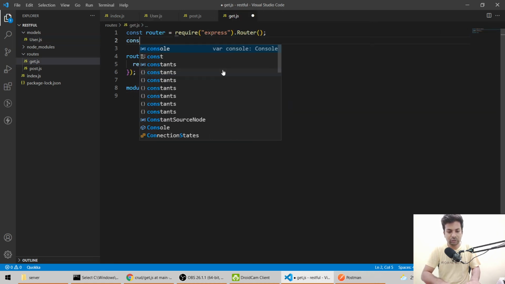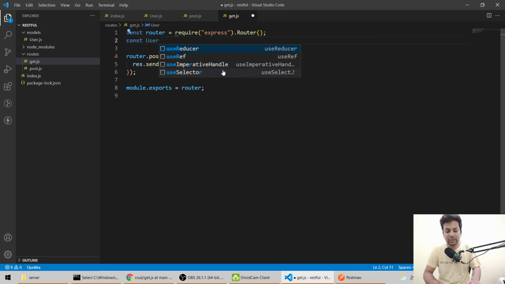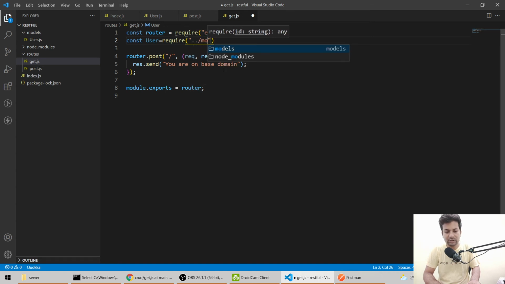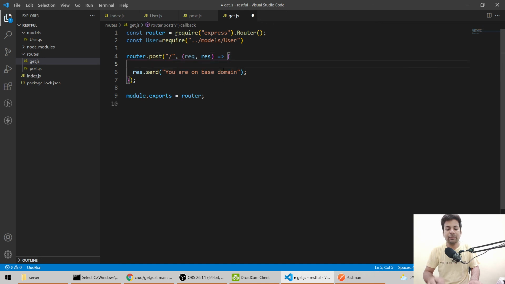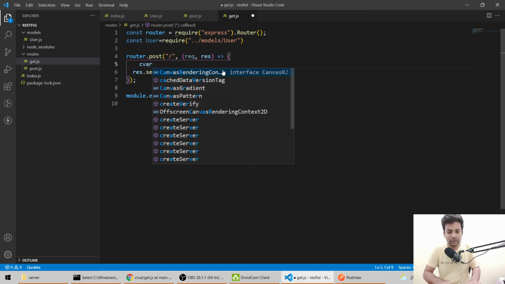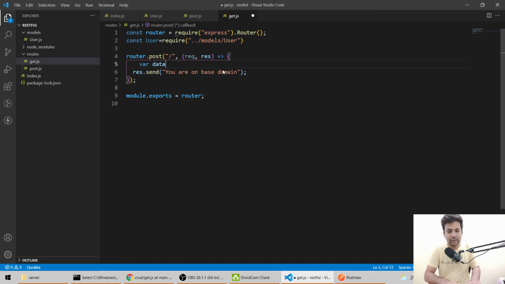We'll say const user, whatever name you want to name it, then we'll say require, and here I'll say dot dot in the models folder, user. Okay, it will come here, and for getting all data we'll say variable data, then we'll say await. We are using await because it will take some time to get the data, and that's why we are using await.